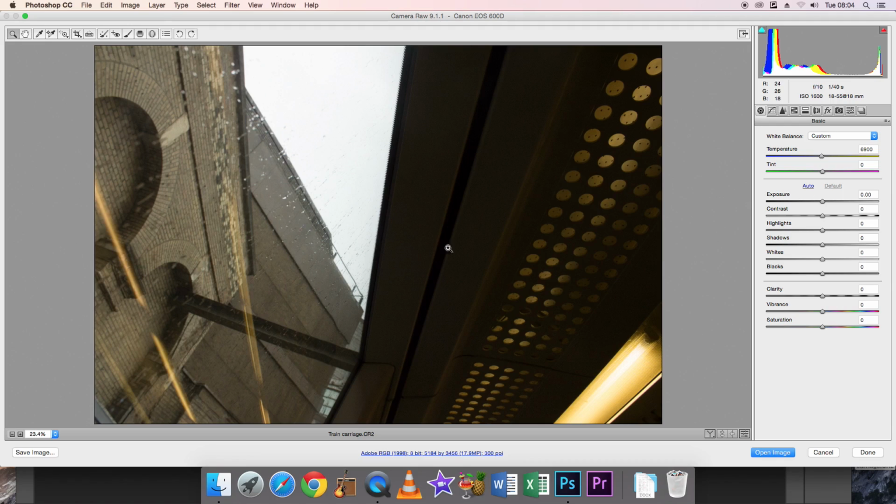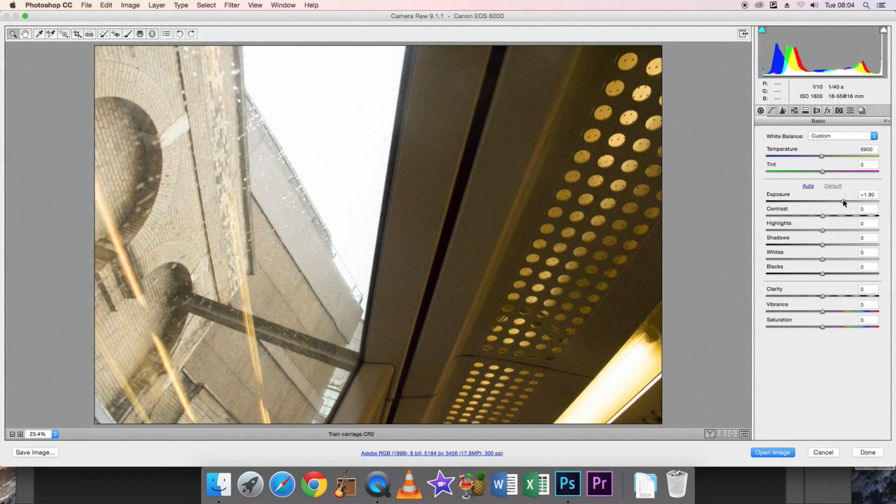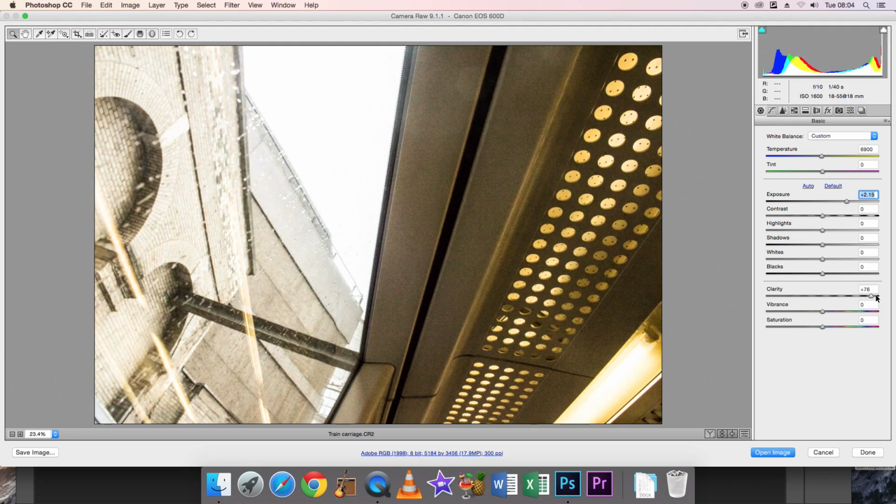So what I'm going to do is completely ignore this part for now, and I'm just going to concentrate on the inside of the carriage. First thing I'm going to do is bring the exposure up to bring it back in. Now with the clarity, if I went right to the edge, you could see how grainy that would make it, which is something I don't want, so I am going to bring it back